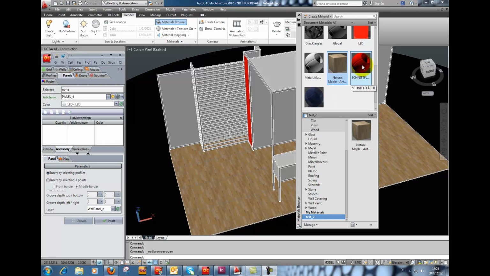So that is a possibility to create your own library and put there all the materials that you need most of the time. And also you have the possibility to change their settings at any time. Now we are finished with the